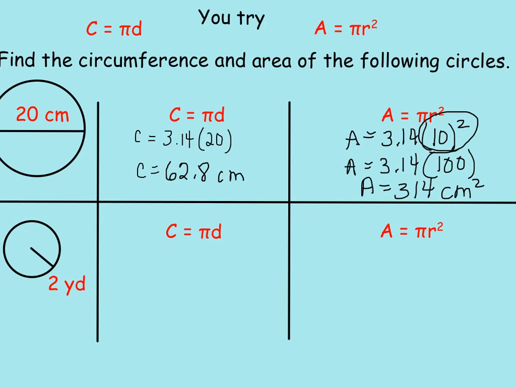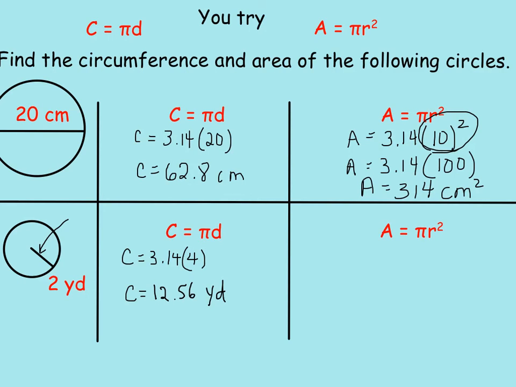Okay, last example, circumference of the smaller circle now. Circumference is 3.14 times the diameter. We're not given the diameter in this one, we're given the radius. See how in the picture the line only goes halfway across the circle? That's how you know it's a radius. So we need to double that in order to have the diameter. So the diameter here is 4. That gives us a circumference of 12.56